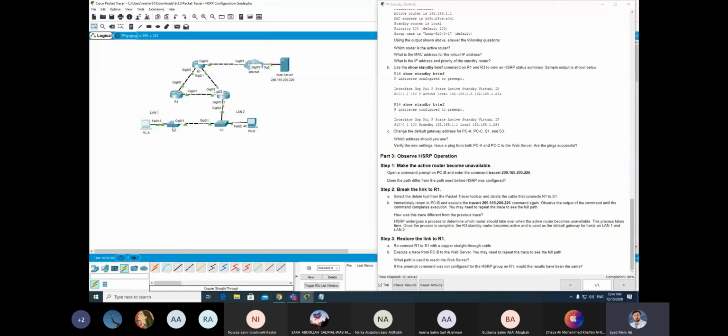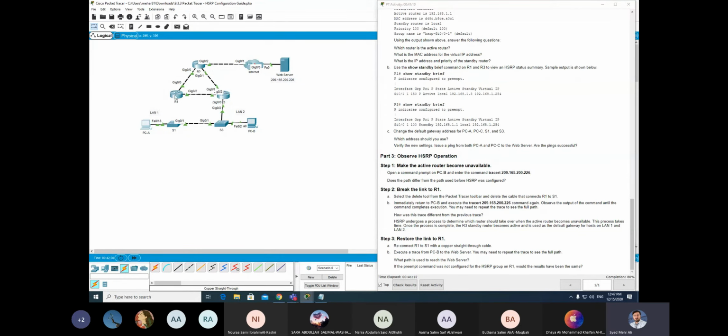Because the previous one goes to router 1, and router 1 to the web server if it is normal traffic. Okay, but the thing is, if you are using PC1, and you did not configure the HSRP, you will not be able to reach the web server. But in this case, still, because we have two redundant default gateways and